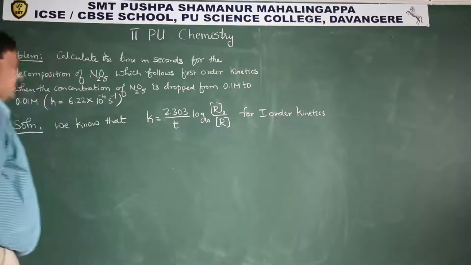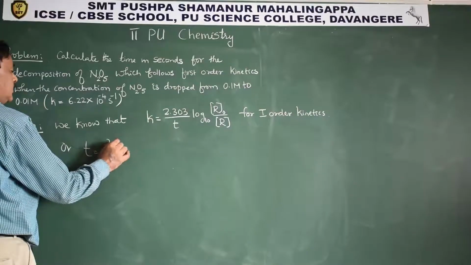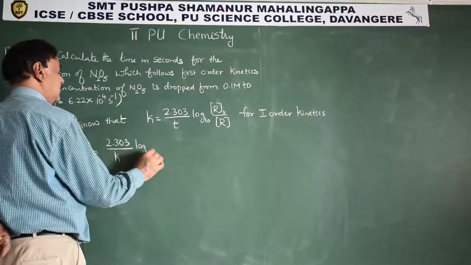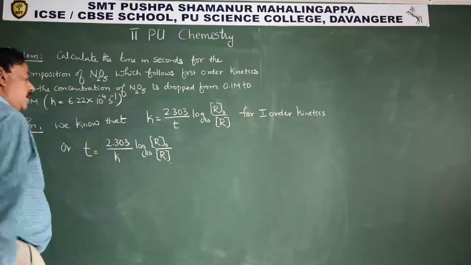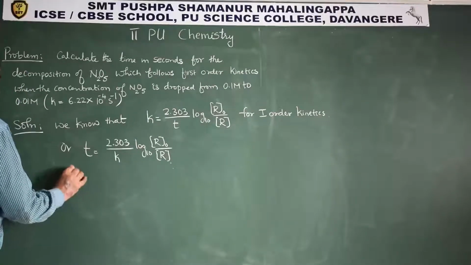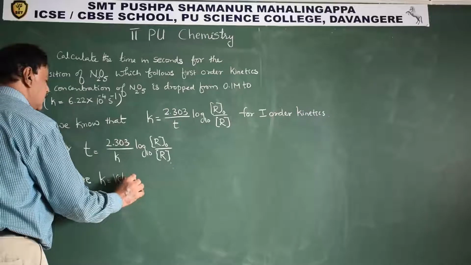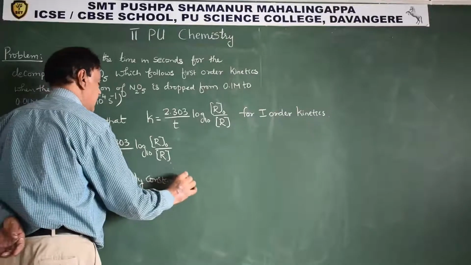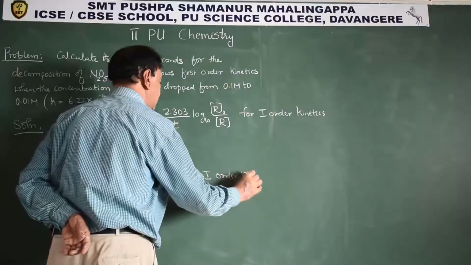Or t is equal to 2.303 divided by k log base 10 of R naught divided by R, where k is the velocity constant of a first order reaction